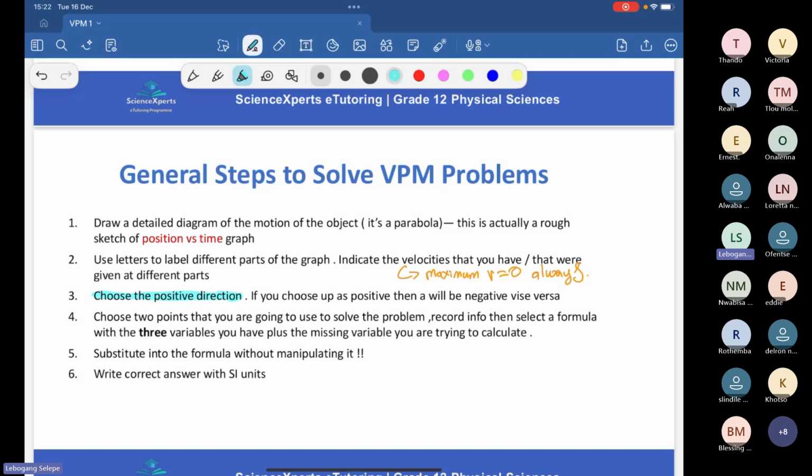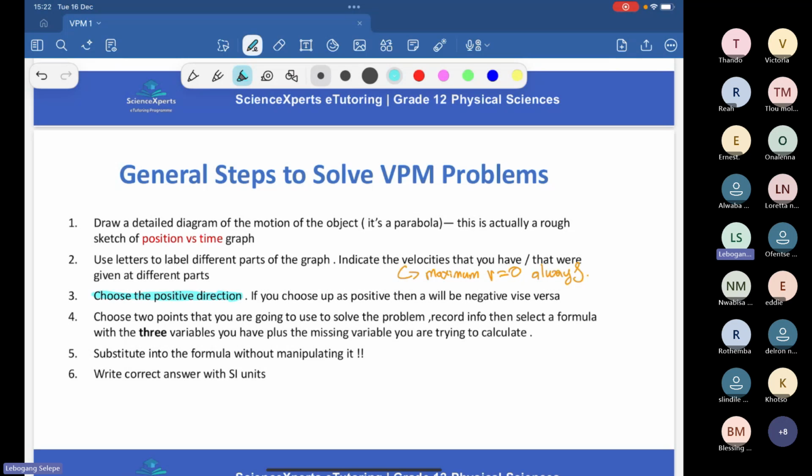Simply reflect that graph across the x-axis. So that's how I used to do it in high school. I was always able to draw graphs where I chose up as positive. But then when they started to want a graph where down is positive, I would simply draw my graph with up as positive, then reflect it across the x-axis. Still get the same answer. Now,